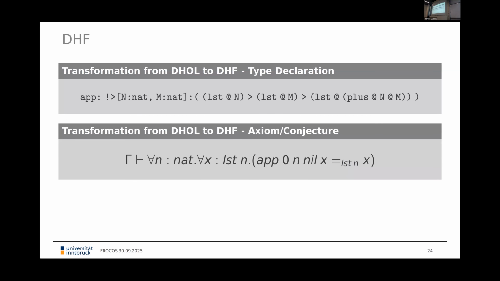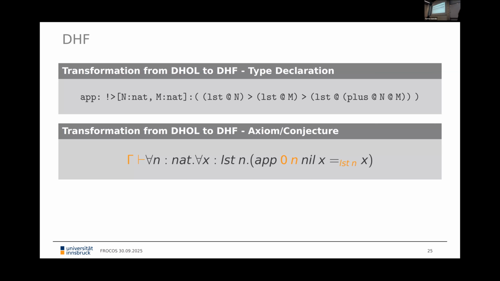I have a second example, which I won't go into detail about everything, because most of the things we have just seen, for example, the applications here, and instead of the forall, we have the exclamation mark that THF already has. But I will focus on three minor things. One, usually we have this notion of the context of when we prove something. The other thing I will focus on is, again, these additional arguments here. I already mentioned we don't throw them away in DHF, and the type equality.